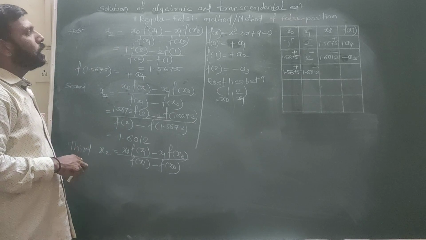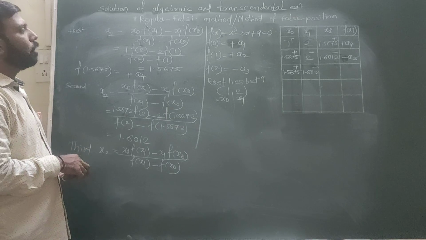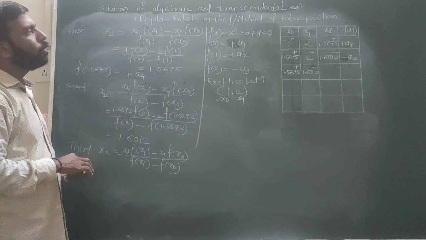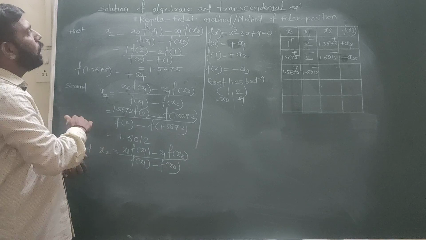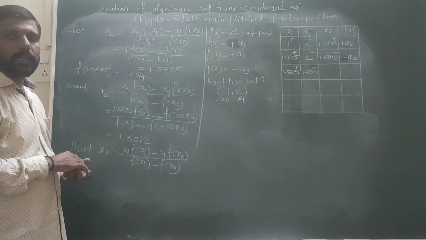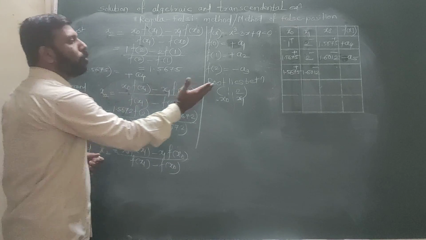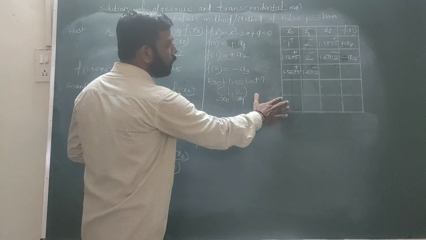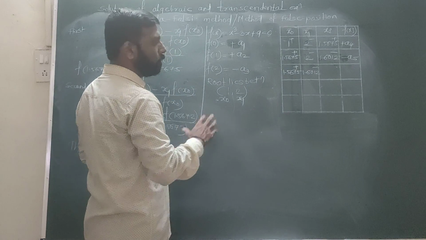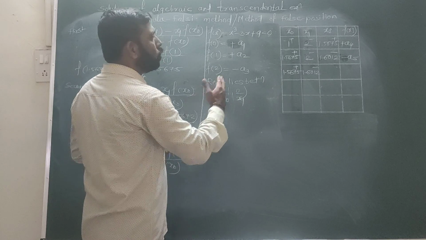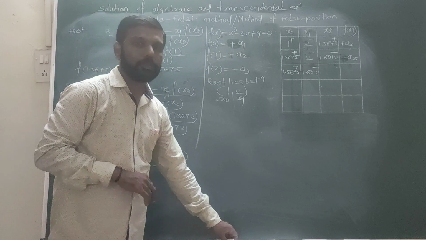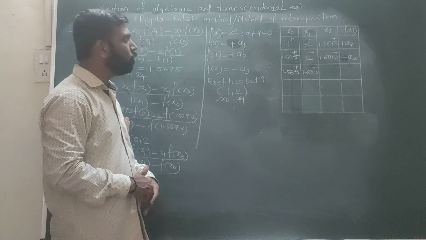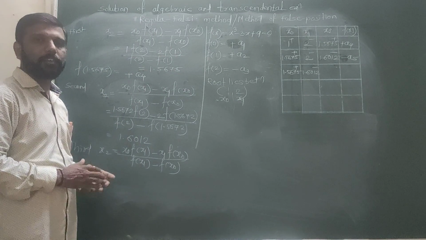So by using the regula falsi method, we can find the factor of a given polynomial, which can be an algebraic or transcendental equation. As for the number of approximations you perform, from an exam point of view, 5 iterations, 5 approximations, are sufficient. So like this you can continue. This is the RF method. In short, we call it the RF method.